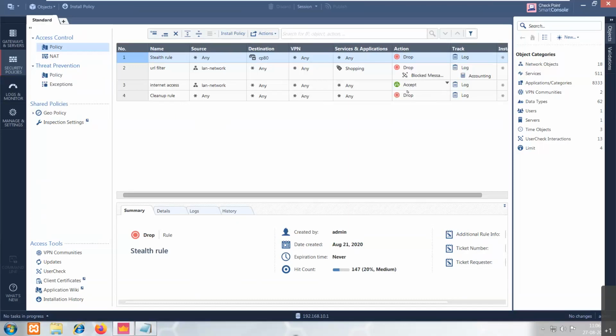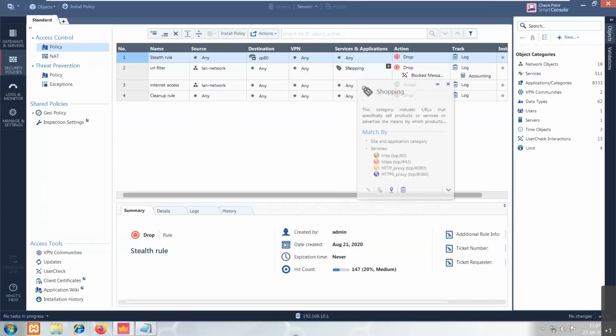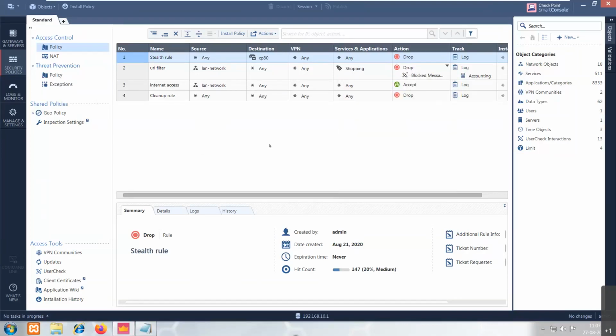But I'm writing one more policy above this which says if LAN network computers are trying to access any website which falls under the shopping category, like eBay, Amazon, Flipkart, that has to be blocked. So I'm permitting my LAN network users to access the internet, but I don't want these users to access shopping websites.